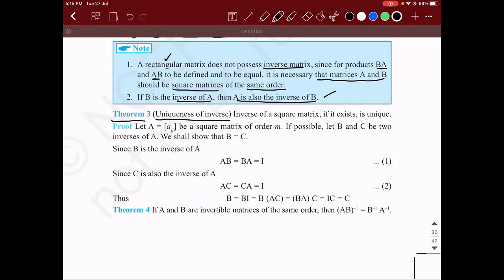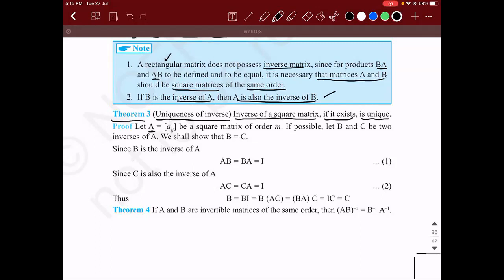So that's right. If you have a square matrix which is invertible, in a more mature way we can talk in terms of adjoint and determinant also, but those points we'll discuss when we see determinants. So the inverse of a square matrix, if at all it exists, means if a matrix is invertible, then it will have a unique inverse. What is the proof for it?